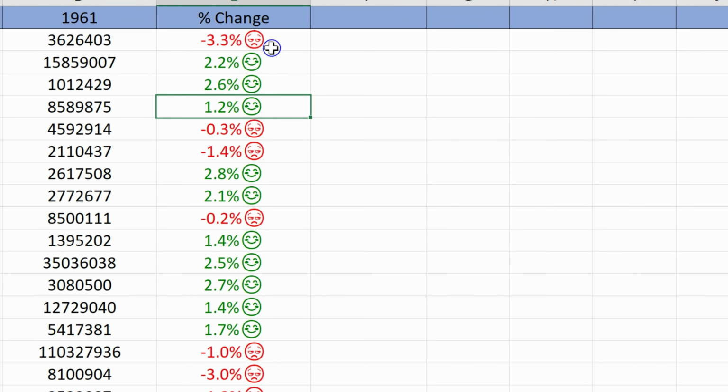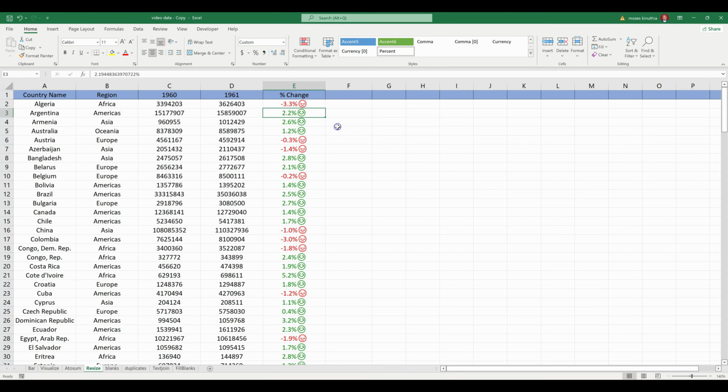Every negative is indicated by a sad emoji, and also the font within that cell will be red. A positive one will have a green, and I think this is a happy emoji. And we are going to actually, like I said, take this a step further, whereby if I check,